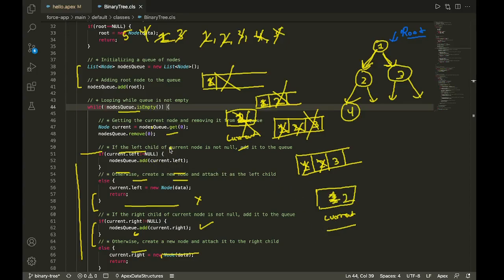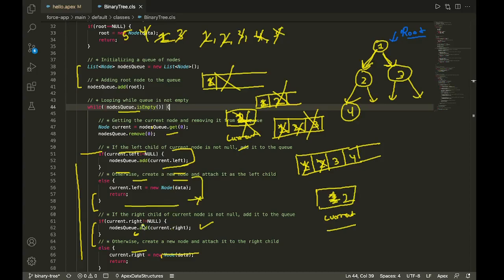Then I'm checking if left of the current node is not equal to null. If you see here, the left of the current node is 4, and it is not null, right? So I'm going to push 4 to the queue. It is written that if left of the current node is not null, that means left of 2 is not null, add it to the queue. So I've added it to the queue, and the else condition is not going to execute.